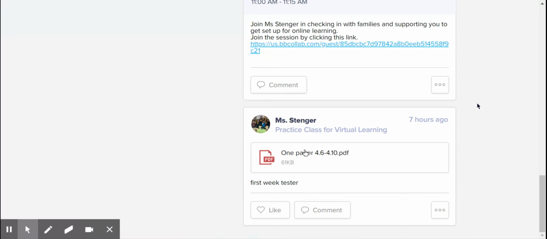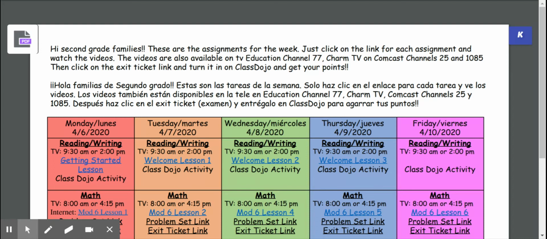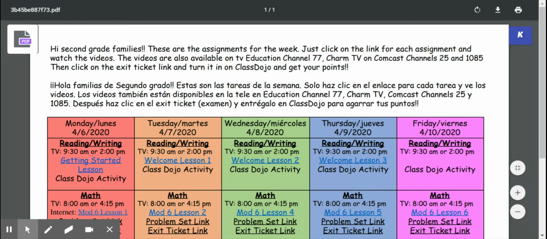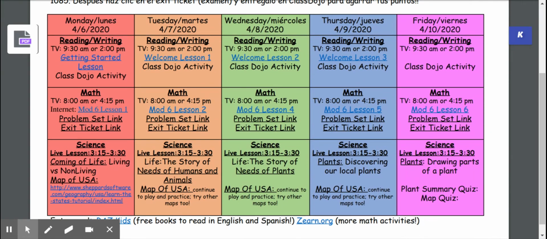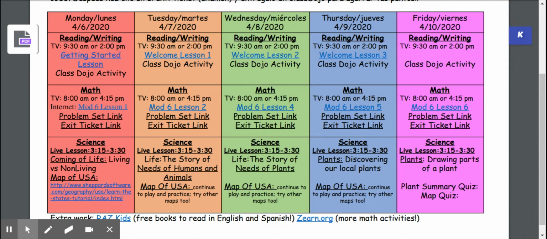Every Sunday night, we will be posting a page or a document here on the ClassDojo site. This PDF will have clickable links that will lead you to the lessons your student needs for the week. Once you open the document, you will see a note that will explain what TV channels you can look for the lessons on, and you will see the hyperlinks of the websites that can get you to your student's lesson